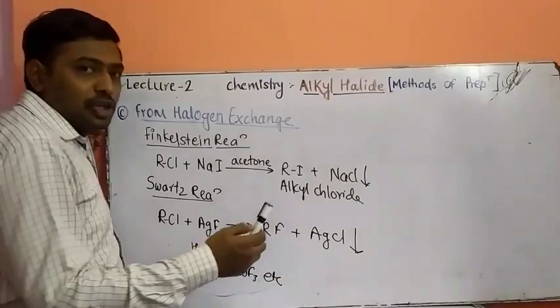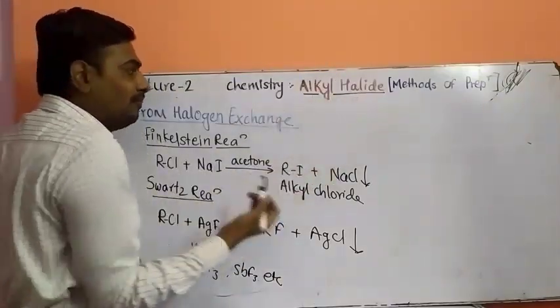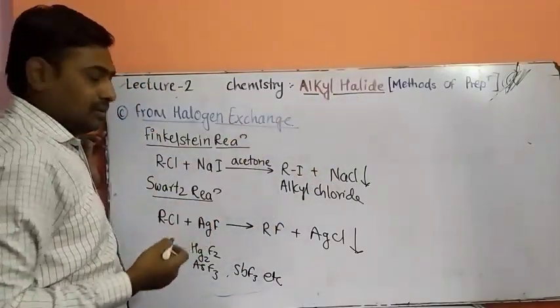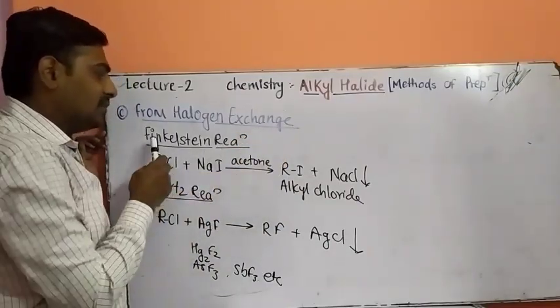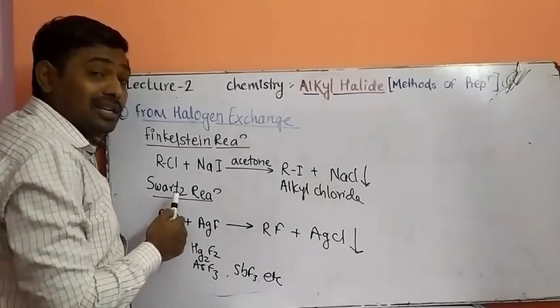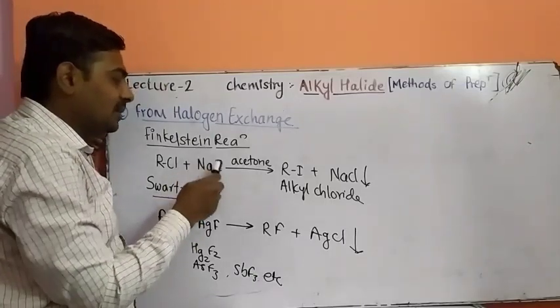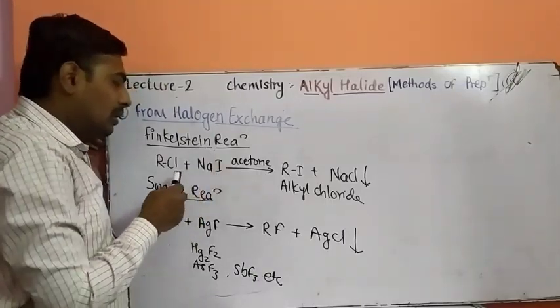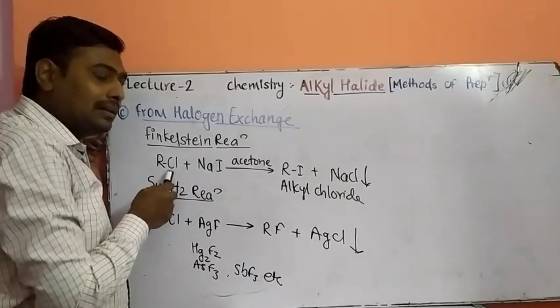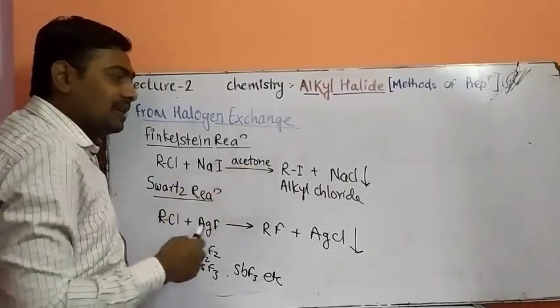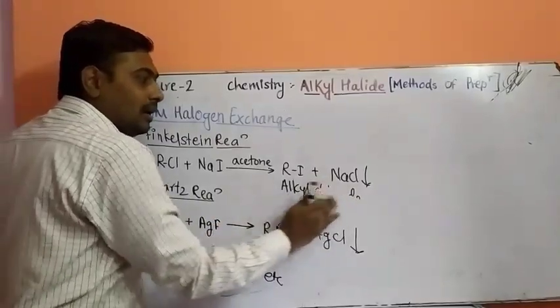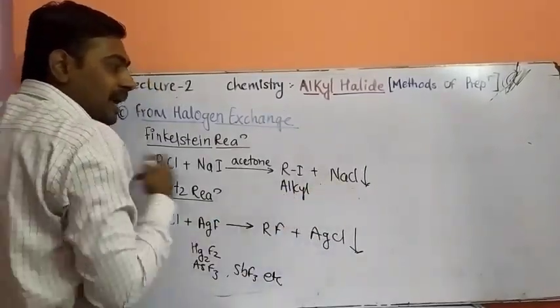Next, preparation of an alkyl halide from halogen exchange. Halogen exchange can be done with the help of two different reactions. First one is the Finkelstein reaction, second one is the Swarts reaction. So what is the Finkelstein reaction? When sodium iodide is reacted with alkyl chloride in the presence of acetone as a solvent, it gives alkyl iodide as a main product,